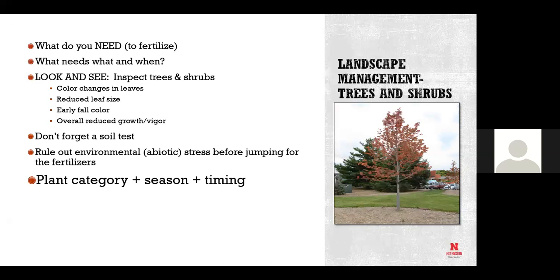And remember, especially on the timing, the whole point is to stimulate the right kind of growth at the right time. And stimulating trees and shrubs to start growing in August and September is a way bad idea. You also have to remember timing, for the example that we used earlier, the lilac.